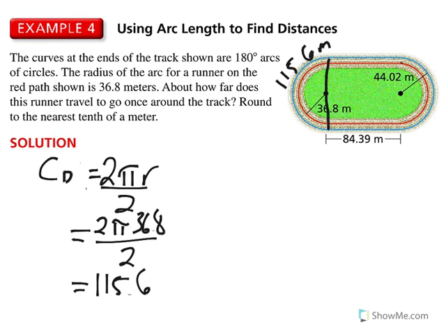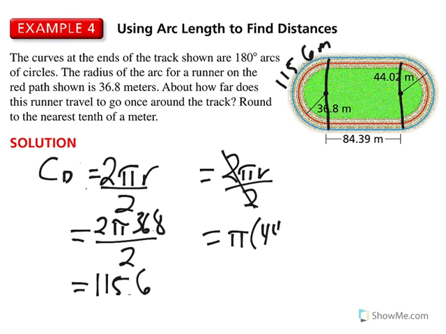Okay, and then for the other side, we do the same thing. It's a half a circle again, so I'm just going to use the same formula as well. Okay, so I have 2 pi r over 2. Basically, if you notice, the 2's cancel, and we just have pi r. So I would have pi times 44.02. And so when I do that one, 44.02 times pi is going to give me